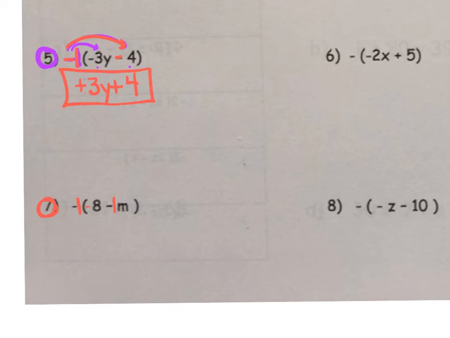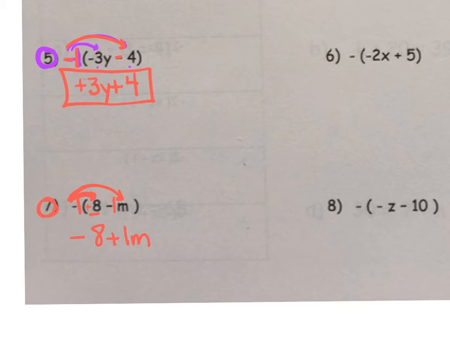Keeping in mind that this 8 is positive, let's distribute that -1 to each term. Basically, the effect of the -1 will be each term flipping to its opposite. That +8, when multiplied by a -1, becomes a -8. And when we multiply the -1 times the -1m, we get a